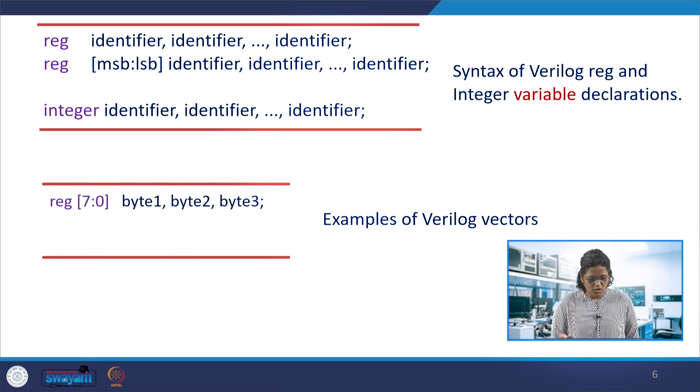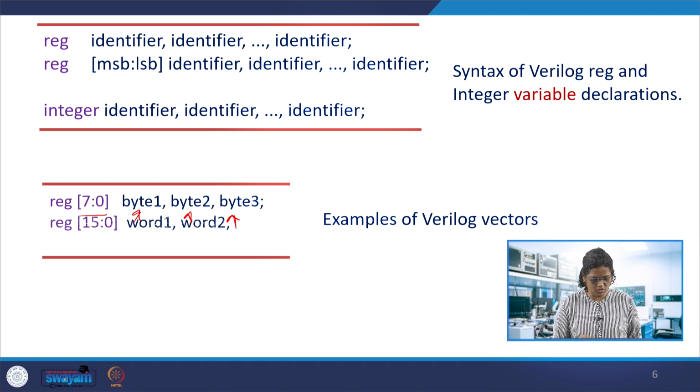Now the Verilog vectors. Vectors are multi-bit; we have byte 1, byte 2, byte 3. We can declare them as registers which can store the bits 0 to 7. Byte 1, byte 2 and byte 3 are each 8-bit registers, so this is a multi-bit vector.